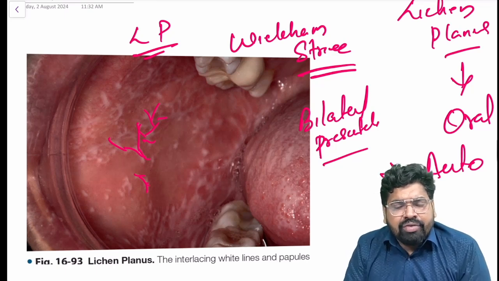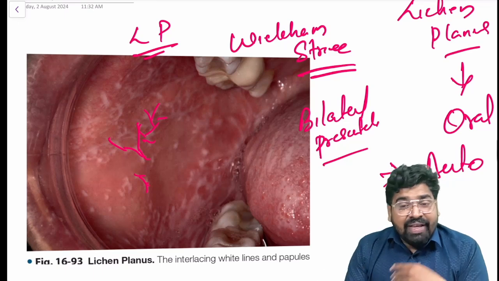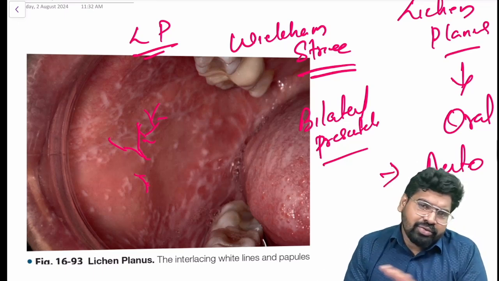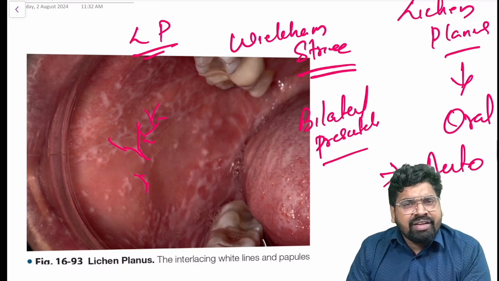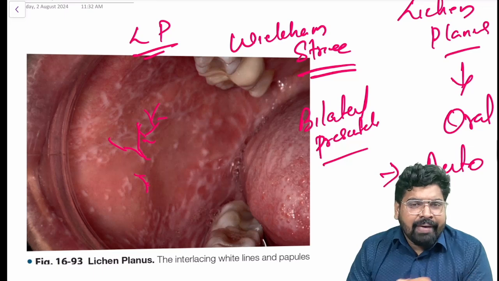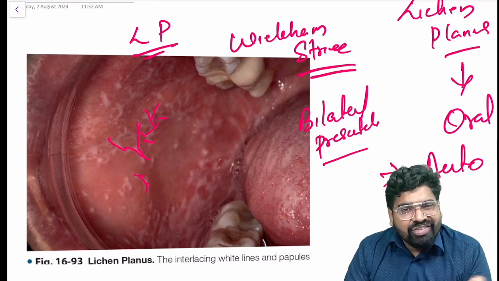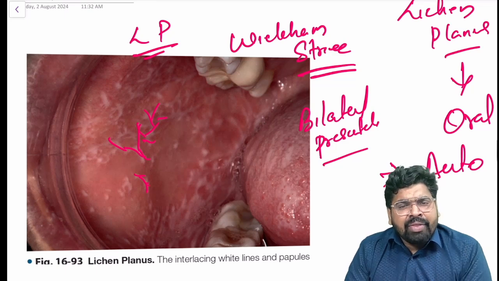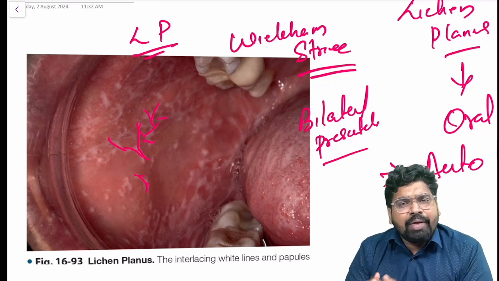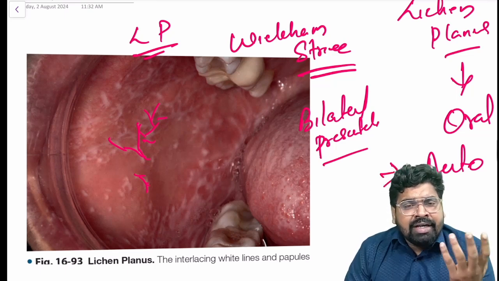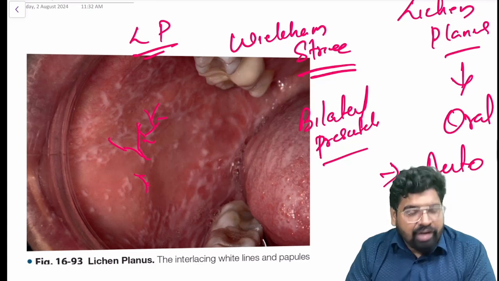Okay, you should relate it clinically, whether this is present on both sides. Mostly it comes in the buccal mucosa. Females are most commonly affected. I told you, autoimmune disorders, collateral damage, so usually females are affected. Females will have lichen planus mainly at menopausal age, mainly due to stress. We don't know the exact initiator for this, but it is usually seen in menopausal women. So one thing, bilateral presentation. Second, these lace-like white striae, called Wickham striae. It should be seen.